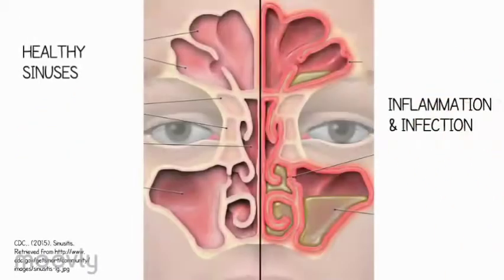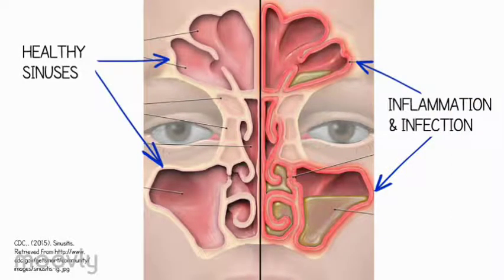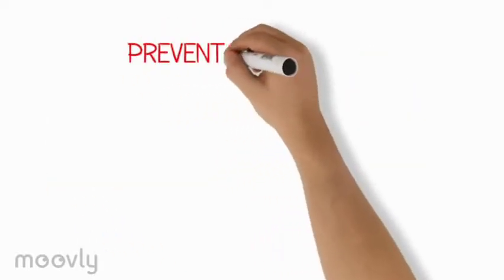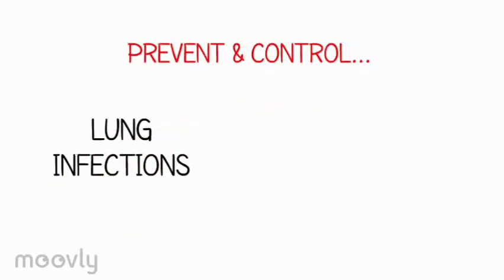Finally, inflammation and infection of the sinuses is a common effect of this disease, as this disease affects the layer of epithelium found in the upper respiratory tract. With this advanced knowledge of the causes of cystic fibrosis, a number of treatments have been proposed, with the intent of these treatments being to prevent and control infections in lungs by removing mucus and to prevent blockages in the